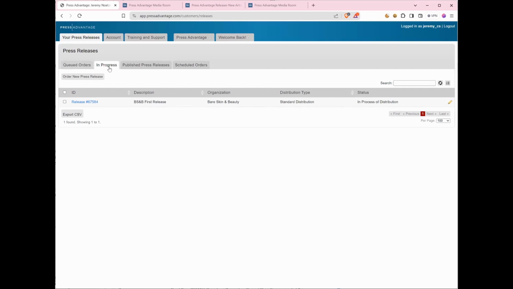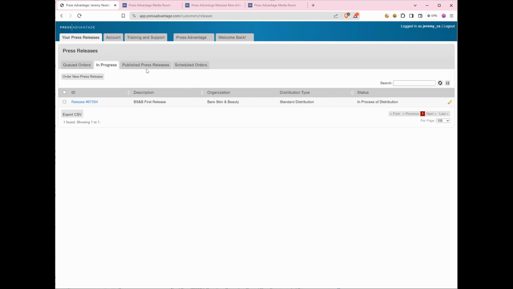So this is the tab that you're going to want to check to make sure that we're not waiting for you to approve the content or revise your writing instructions. Let's say those writing instructions you gave, we needed to check with you to make sure that it would work out okay. It's going to come back here and you're going to see a link here to take action on that. I probably should have tried to add one up in here so that you could see what that looks like. But anyways,